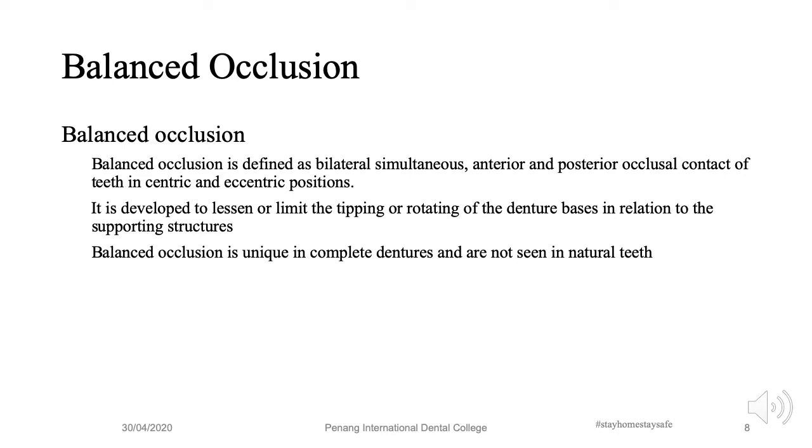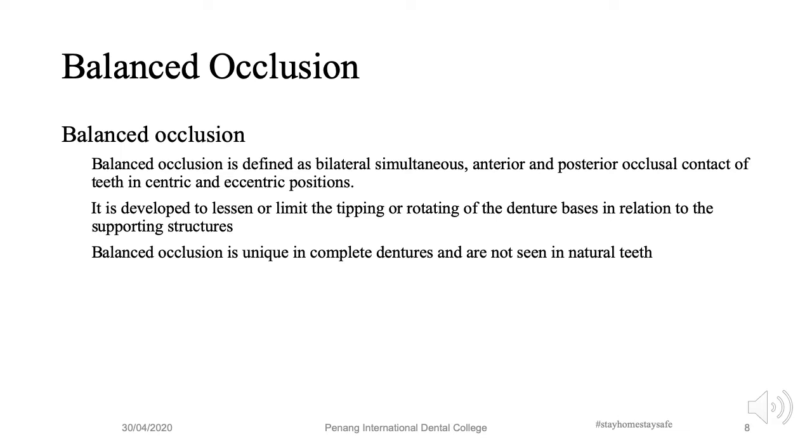It is developed to lessen or limit the tipping or rotating of the denture bases in relation to the supporting structures, as we thought, to limit the stability. And balanced occlusion is unique to complete dentures and is not seen in natural teeth. Remember, balanced occlusion is never seen in natural teeth. Balanced occlusion is only done in complete dentures to get the stability of the dentures when the patient is actually